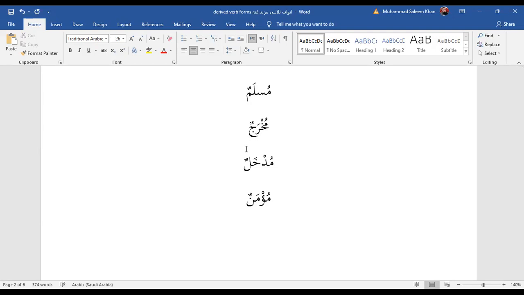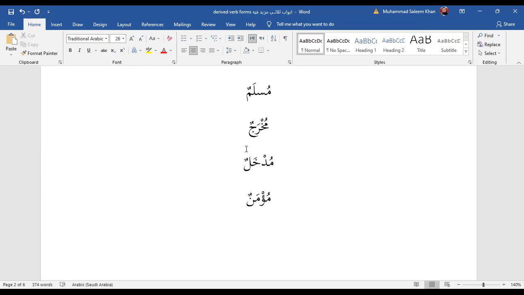For example, you do something by yourself. أنت تخرج من البيت. You go out of the house. But when your wife, I don't want to say kicks you out of the house, it will be تخرجك من بيتك. She causes you to go out of your house. So kharaja means to go out by yourself, and akhraja is someone who causes you to go out.